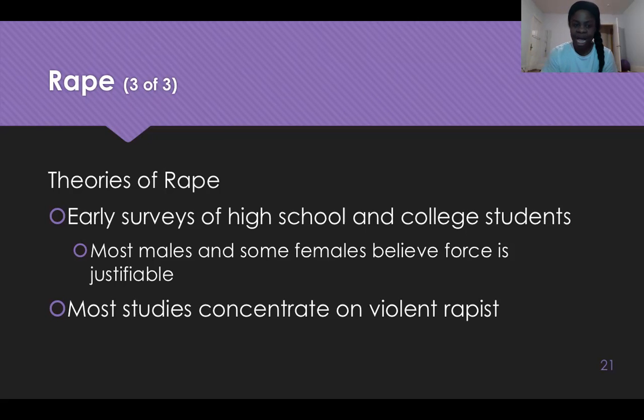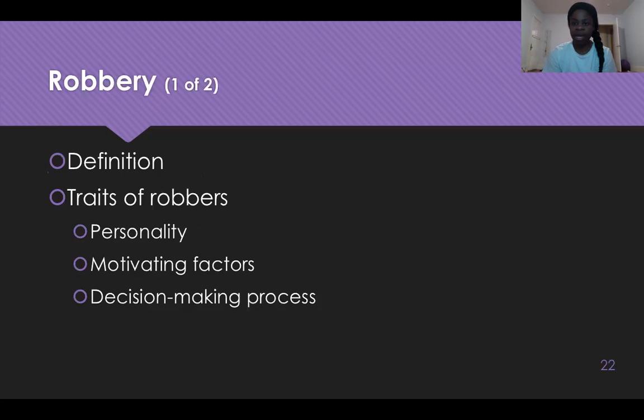Okay. Let's go into robbery, okay? Another violent type of crime. What is robbery though? Robbery is a violent crime, and robbers tend to be the most impulsive, the most hedonistic, daring, and dangerous of all street criminals, as well as the least educated and conscientious, okay? Robbery is also considered an excellent way to prove a certain kind of manliness in certain urban areas.